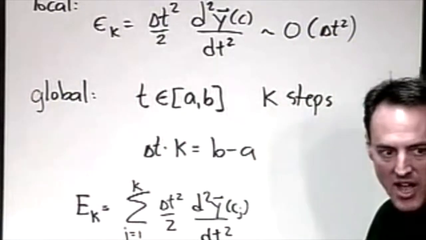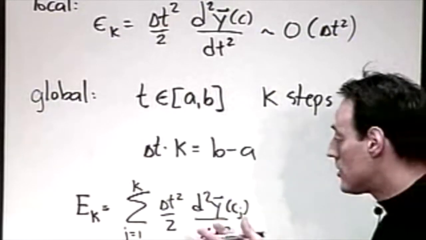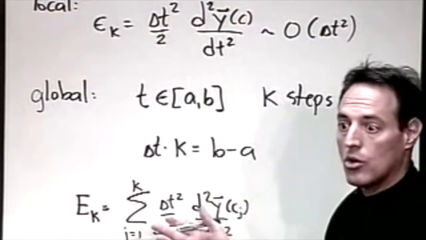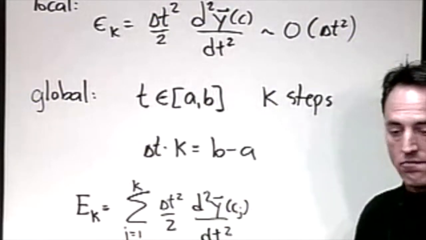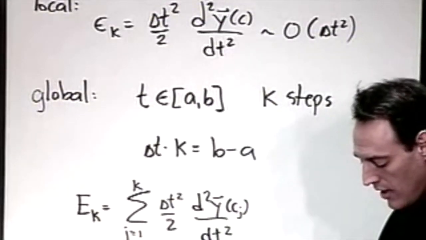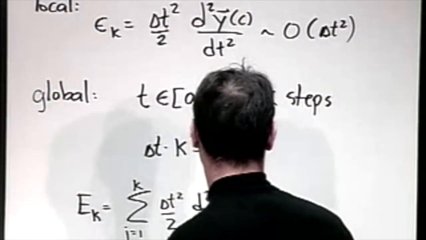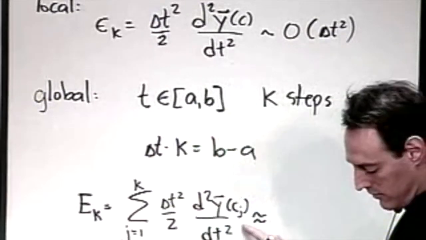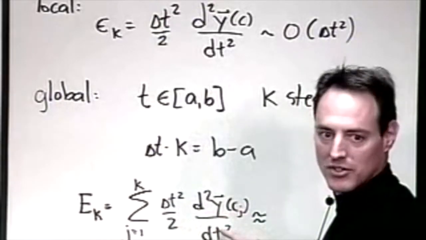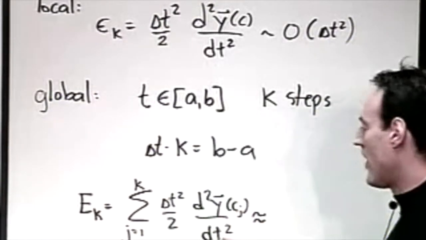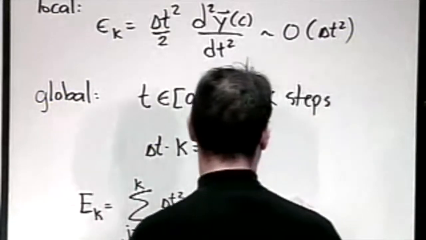Every time I take a step, I make an error, which is just my local error. And for the whole thing I just add up all the local errors that I make throughout the whole time. So that's it. Now here's something important to notice. I don't know what all these are, but I'm summing up k of them. So suppose I take some average value of this. In other words, if I knew the average value of the second derivative over the whole time span, I could pretty much write this as